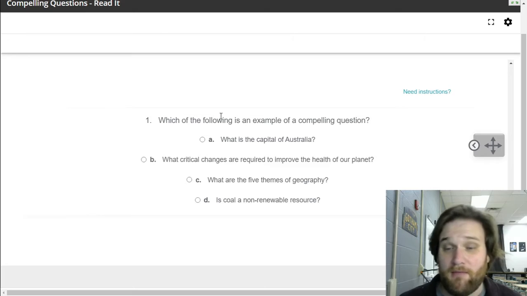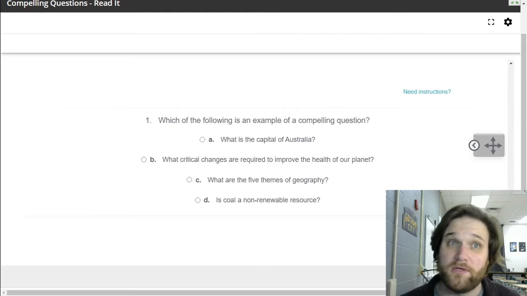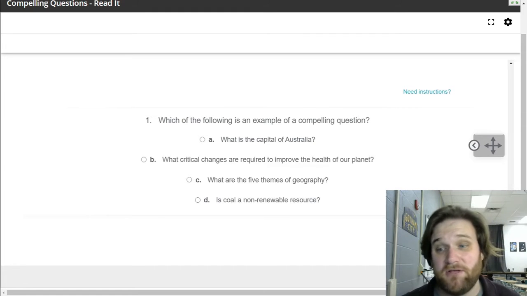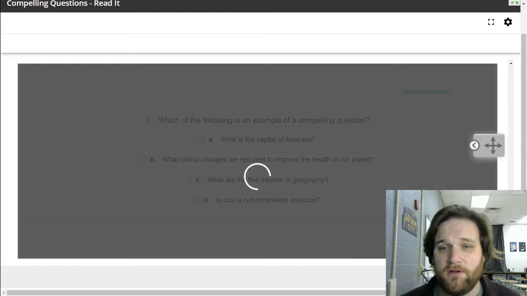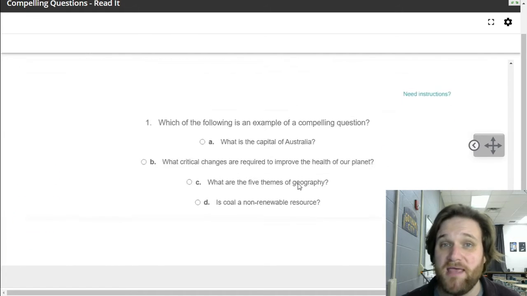So I'm not going to go into these because it'll only show me one, but it may rotate it on yours. You read the question, click your answer, click submit, and then you check and see, and it'll tell you yes, no, right, or wrong. If it's wrong, the reason why it's wrong. If it's right, it'll tell you why it's right. And then, you can hit refresh to clear it if you want, but there's nothing to actually submit for an